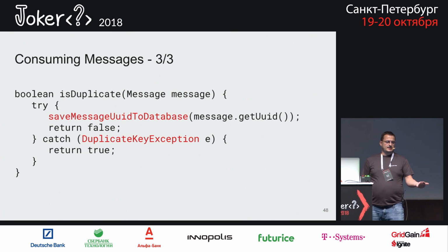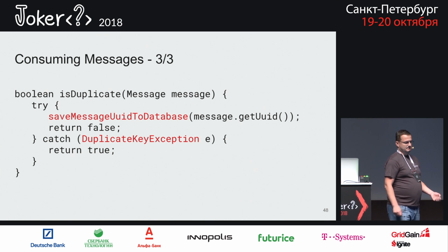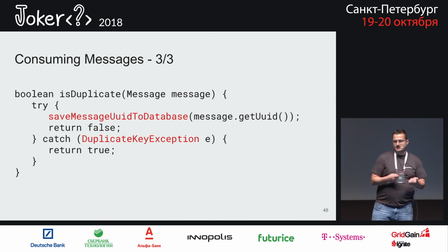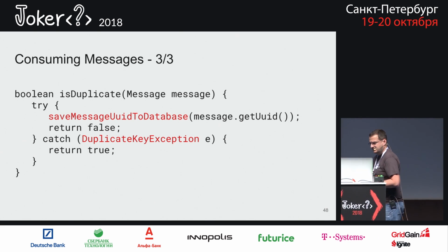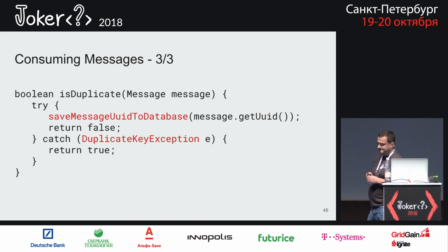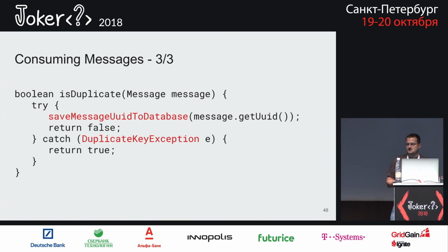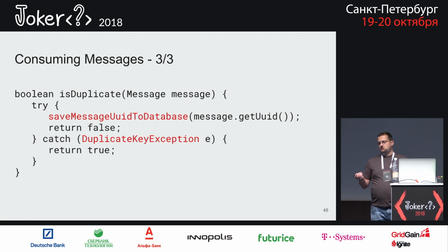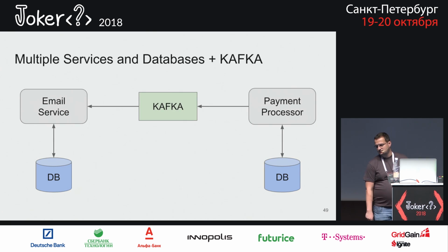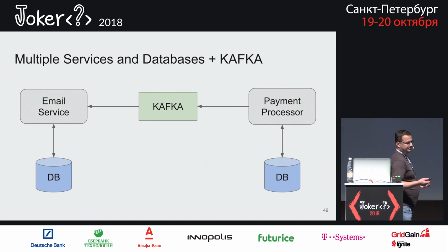Now what you're doing is a duplicate check. We use a database again for this, but it doesn't need to be MySQL, it can be whatever. I've seen a lot of implementations using Redis or whatsoever, but essentially you're checking whether you have already seen this message, and if not, you continue doing your local database transaction. And yeah, that's the picture